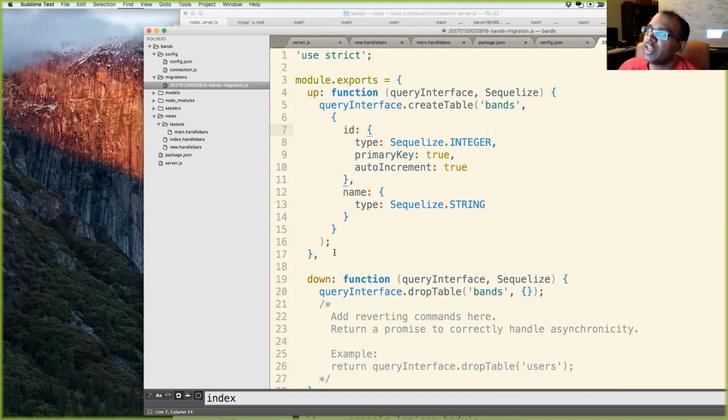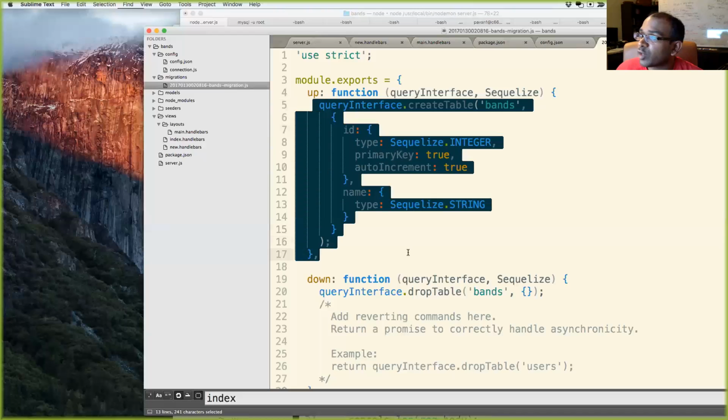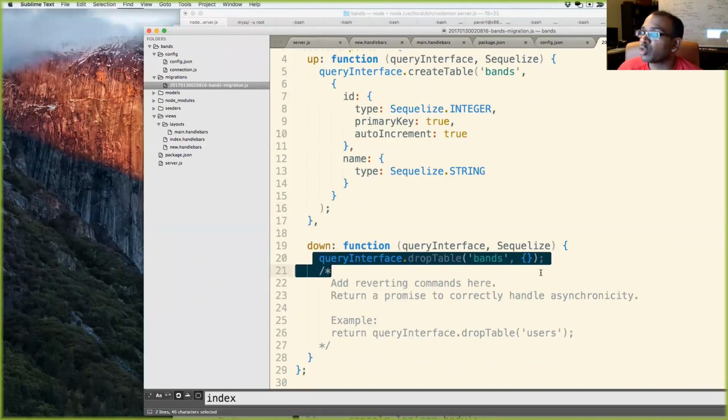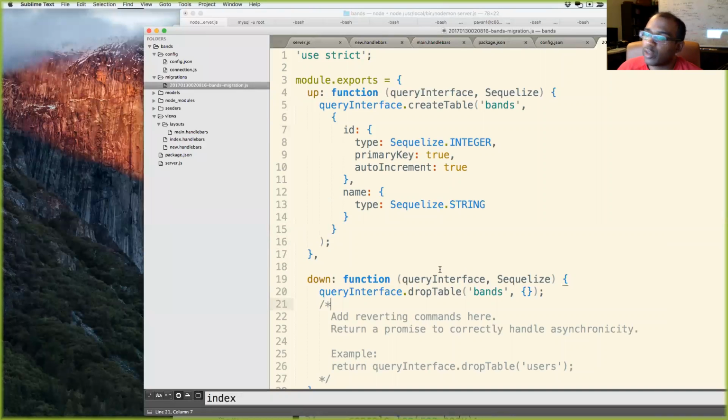So what we did here was we generated a migration file, and we're saying it's going to create a table, and when it's run, if it's run down, we're going to drop this table. And basically, the reason why we did this is because this file will